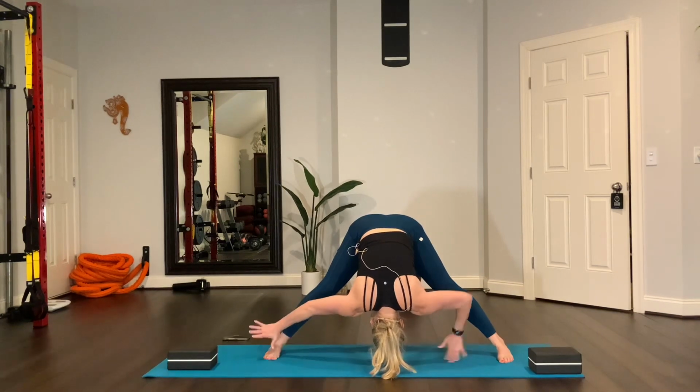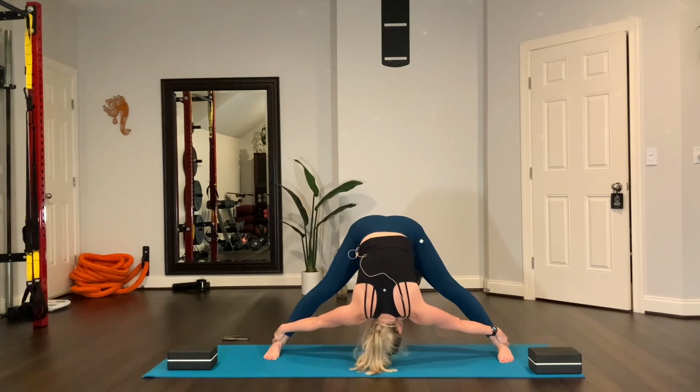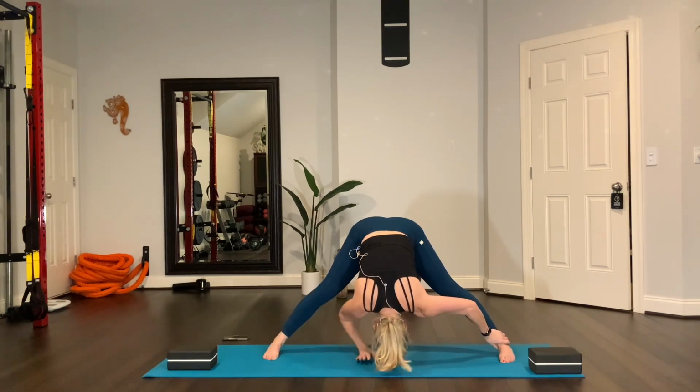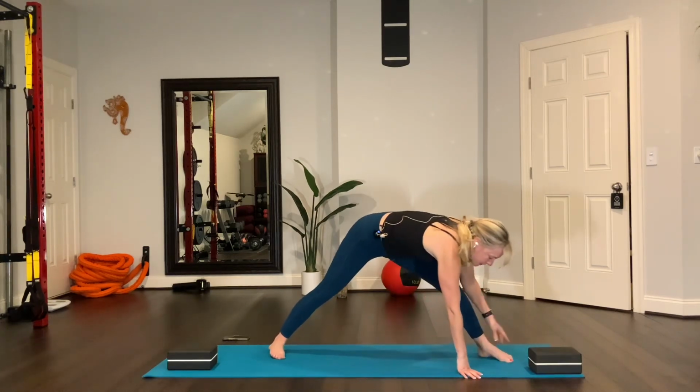This time, reach for the ankles. Grab your ankles and kind of pull your body through, straightening the legs. Point your elbows up and breathe. Then place the hands on the floor, lift up halfway, walk your hands around to this side, set your knee